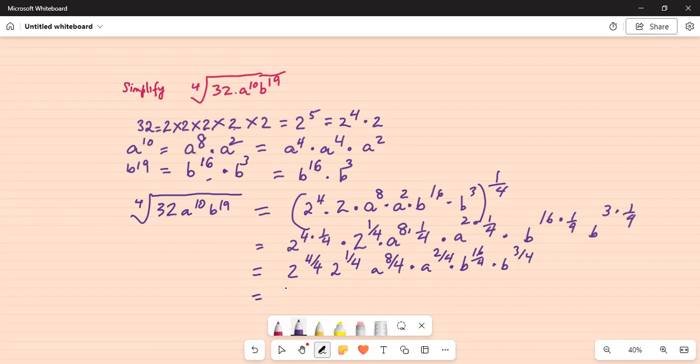So 2 to the 4 over 4 is 2, because 4 divided by 4 is 1, multiplied by 2 to the 1/4, multiplied by a to the 8 over 4, which is a squared, multiplied by a to the 2 over 4. For now, we will keep it as 2 over 4, and I will explain why it is so. Times b to the 16 over 4, which is b to the power of 4,